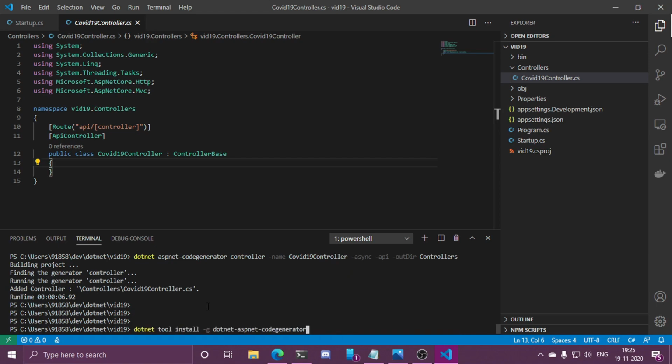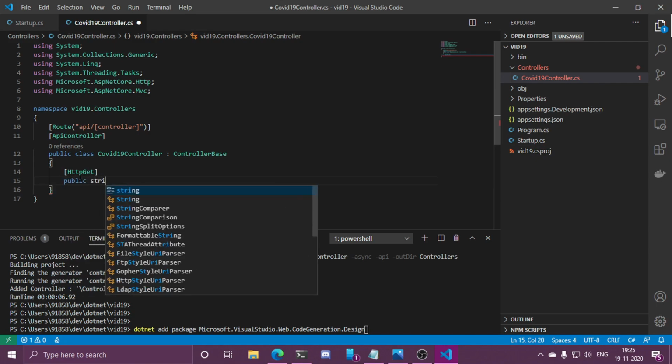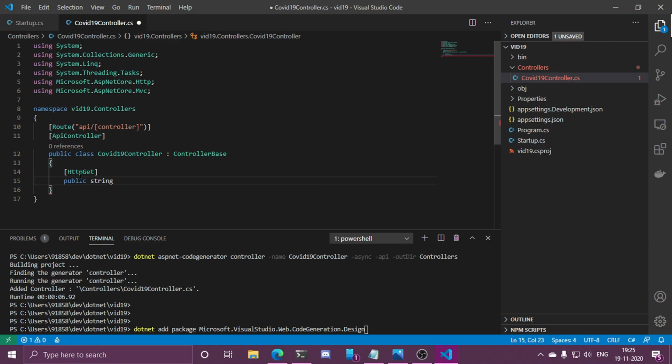So let's start. First of all, let's add a get method. So in order to create a HTTP get method, you have to write this annotation on top of a public method which you are going to create inside your controller class. So you can name it anything as of now. So I can just call it hi.